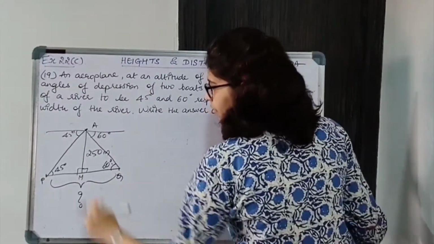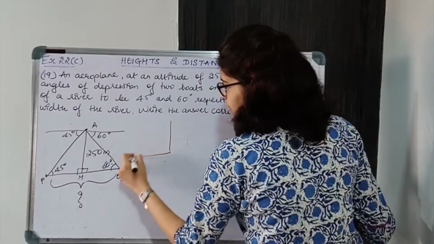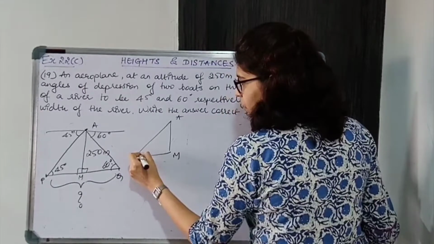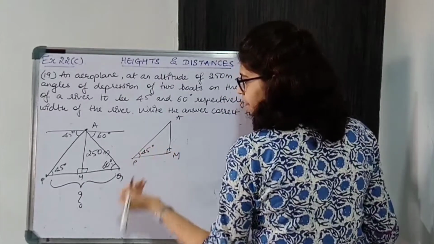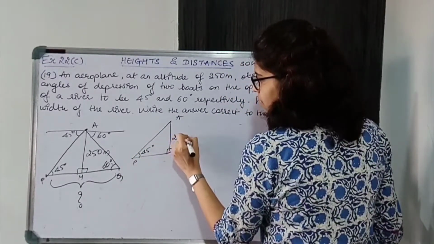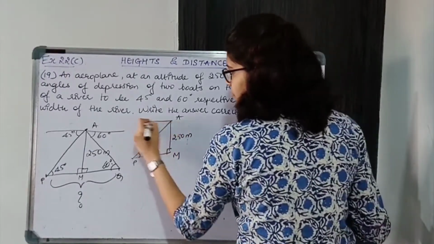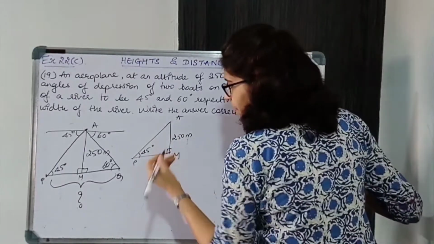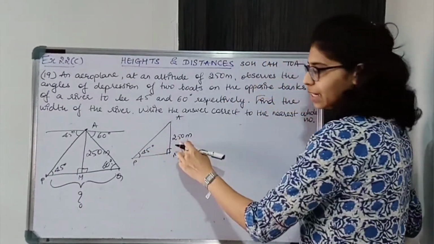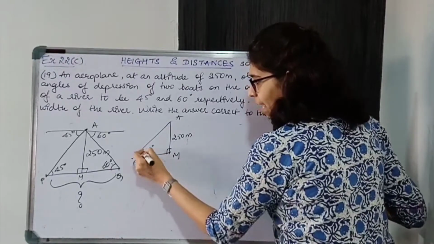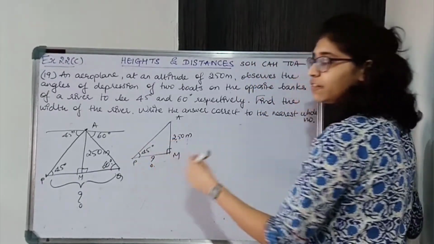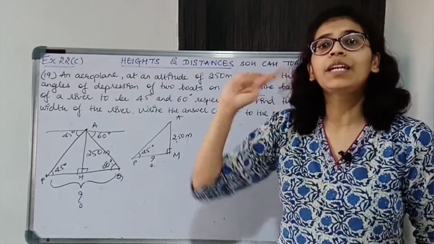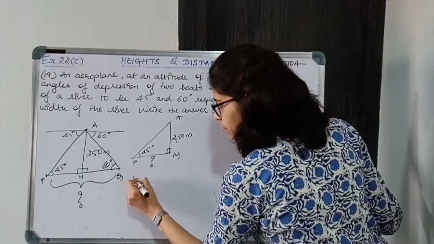Now first we'll consider AMP. Okay, this is 45 degrees. Now this is 250 meters. We already found the angle of elevation, so I'm not drawing the angle of depression. Now we know one angle, we know one side, we need to find PM. The opposite of the angle is known, we have to find the adjacent. This is the adjacent side. The relation between opposite and adjacent comes from tan. So we'll take tan of the angle.